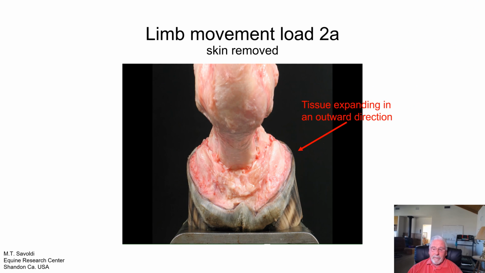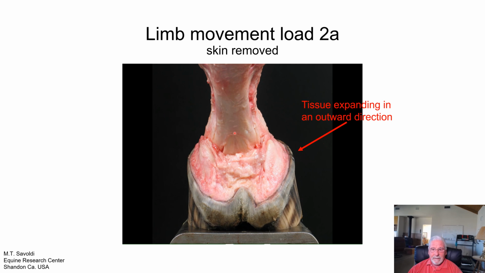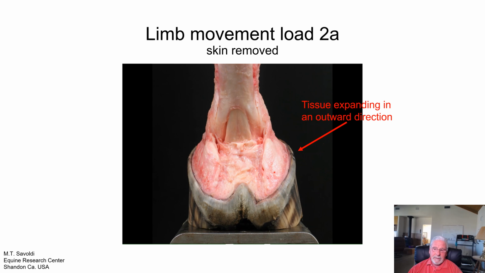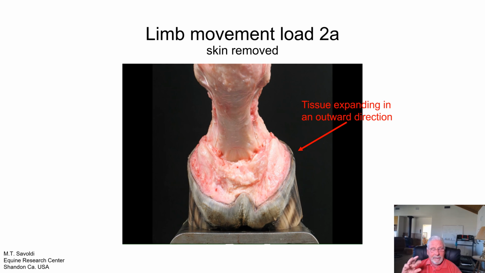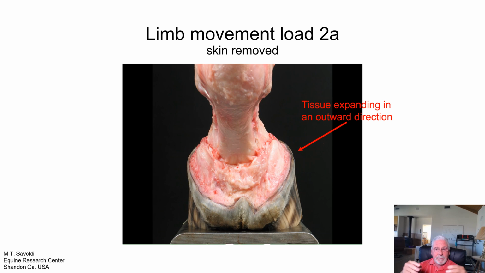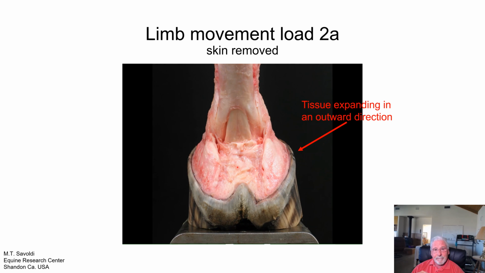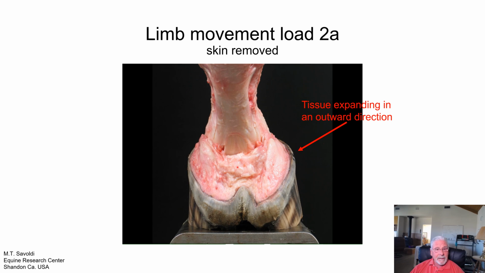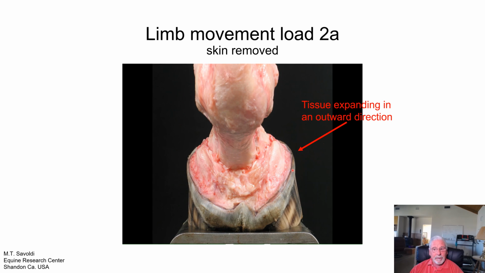Now, another thing we can look at is how this tissue is forced outward here. Watch when the fetlock descends, you will see that this tissue is pushing outward. It has to go somewhere. This is like, think of it as a balloon. I'm going to use this balloon analogy in two parts here. But when you push down on the balloon, it spreads out. Well, the digital cushion is locked in on the top of the sole. And if the sole doesn't flex very much, then that's going to stop that movement, and it's going to increase the movements on the side direction of the digital cushion, which can push the ungual cartilages out, put more stress